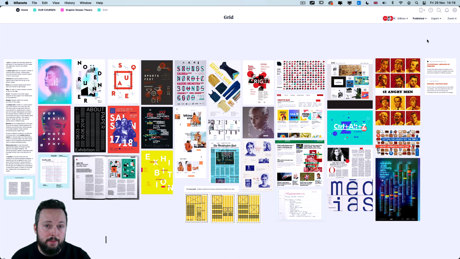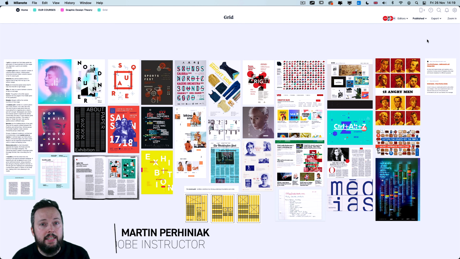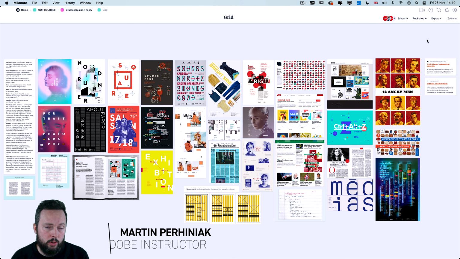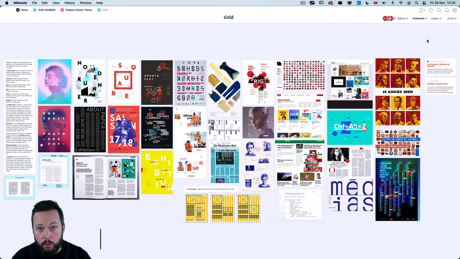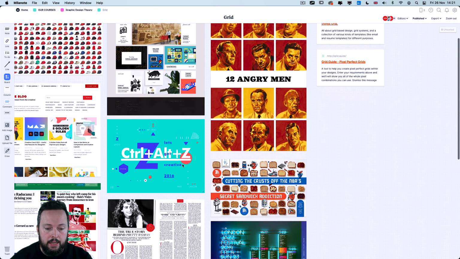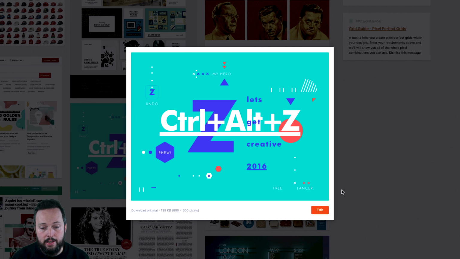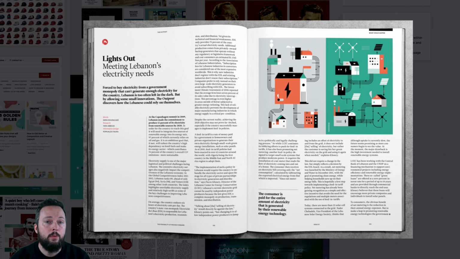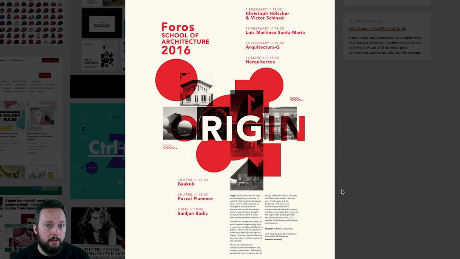Grids in graphic design, similar to alignment, can provide an invisible structure to your composition that is used to guide the placement of all visual elements in your design. In some cases, like with this poster of 12 Angry Men, the use of a grid can be obvious, while in other designs, you might not realize that there is also an underlying grid to which all the elements are aligned. The main purpose of grids is to make alignment easier in a composition, but also to provide balance